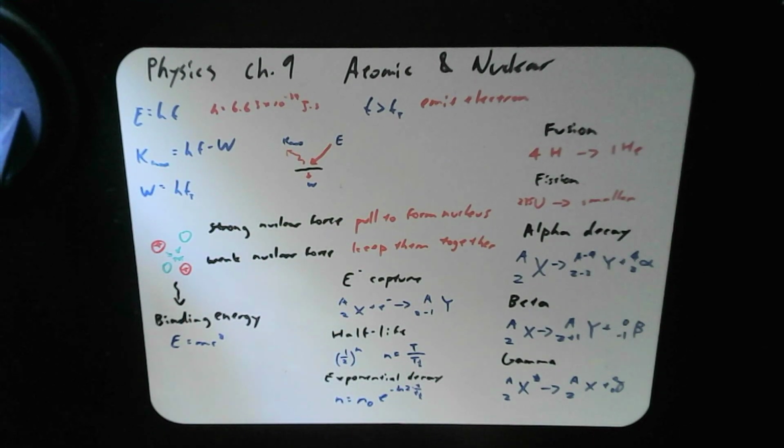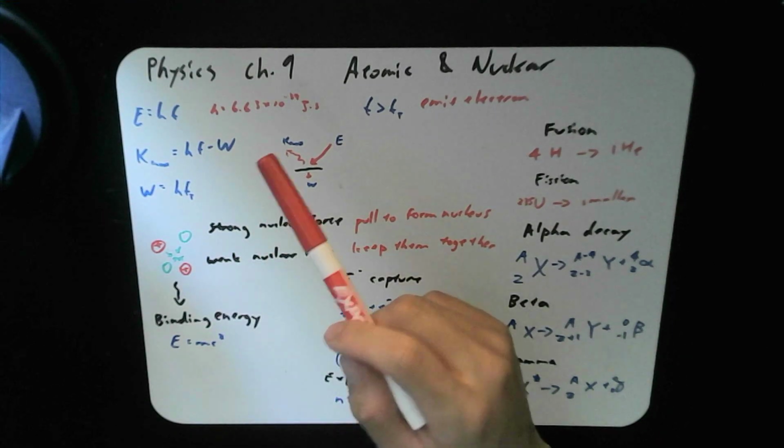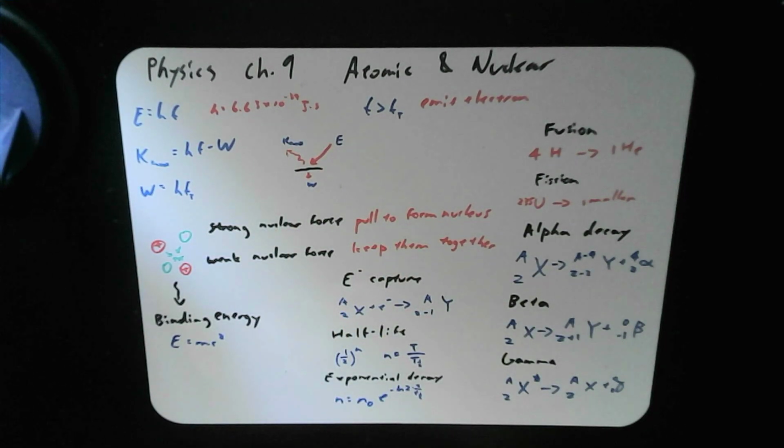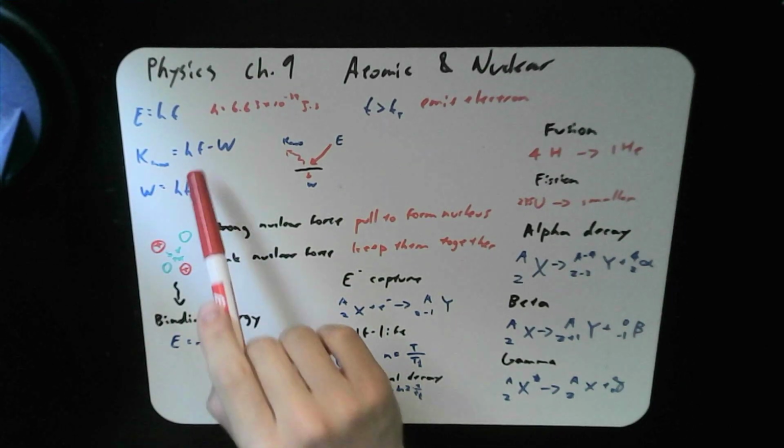Now, you may see this in a different form, h times c over the wavelength, and that's because of the equation c, speed of light, equals frequency times the wavelength. That's how it's derived. Now h is Planck's constant, 6.6 times 10 to the negative 34 joules per second, and that can be used to derive this equation, the